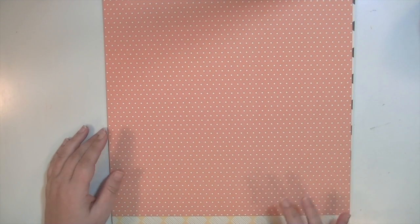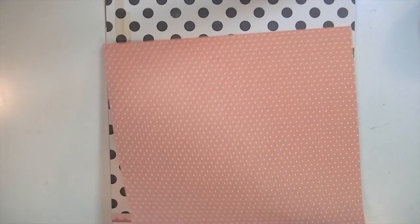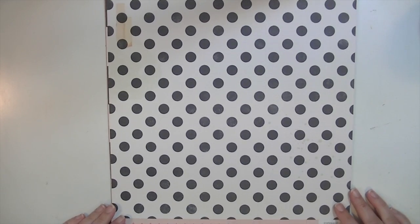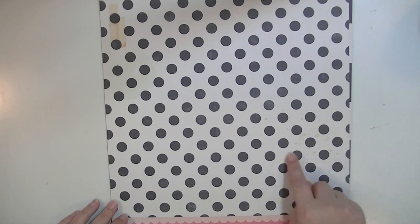And then kind of a little bit of a darker orangey pink color. It's very, very similar. I'm gonna get the other stripe paper so you can see. But the tone, I mean, it's almost an identical color, which is awesome because it's two different collections. But anyways, and then also from Crate Paper, an awesome black and white polka dot or black and cream with